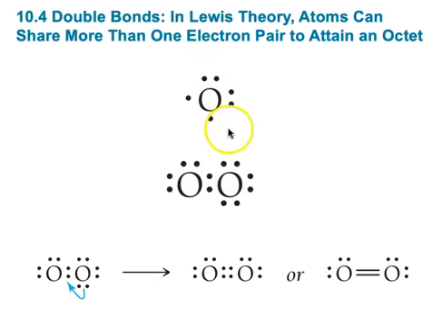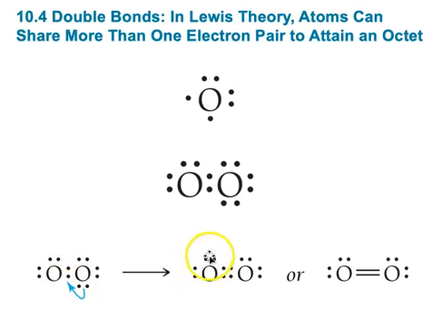So if each one has 6 electrons and they share a pair between them, we now have one atom that has a complete octet, but one atom that only has 6 electrons around it. We're still short a pair of electrons. We can convert a lone pair into an additional bonding pair by moving it into the bonding region. So if we move this lone pair over here as a bonding pair, we end